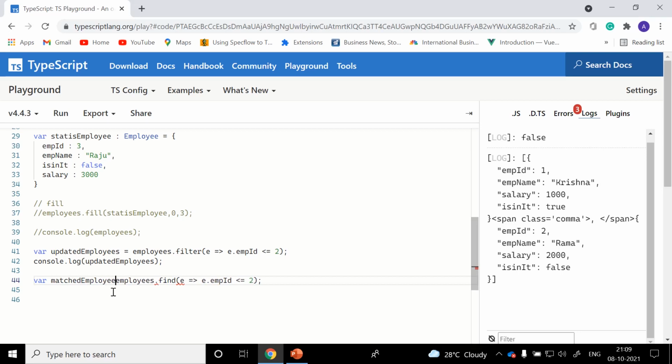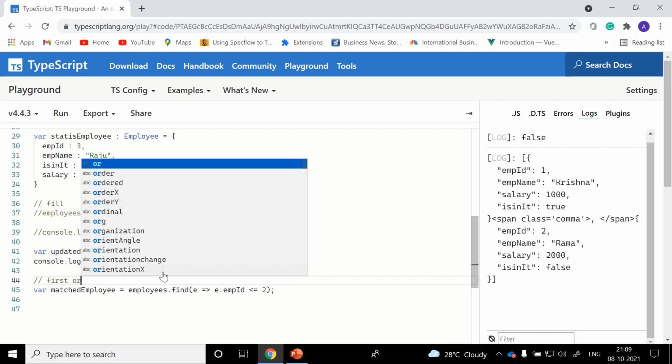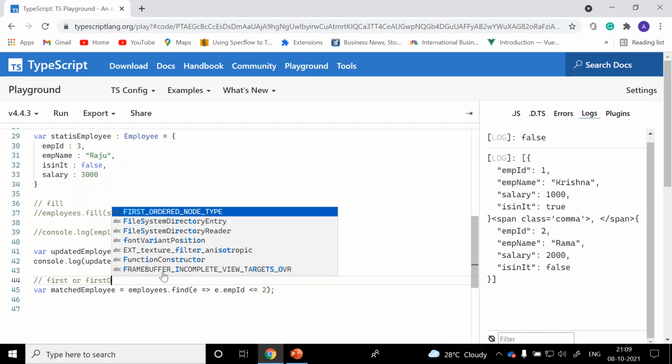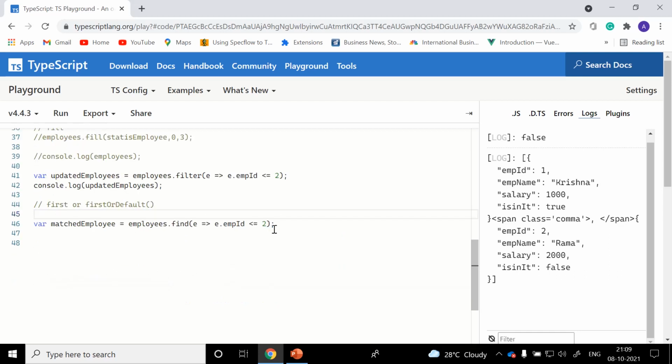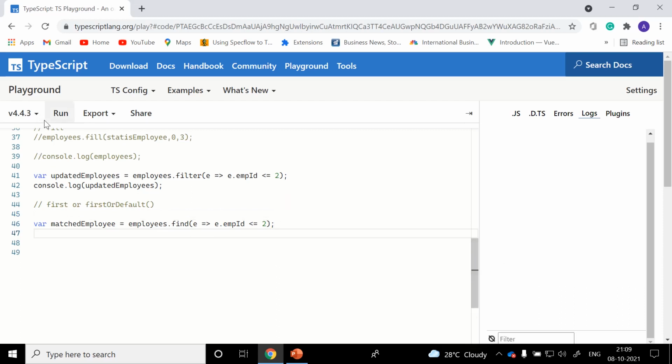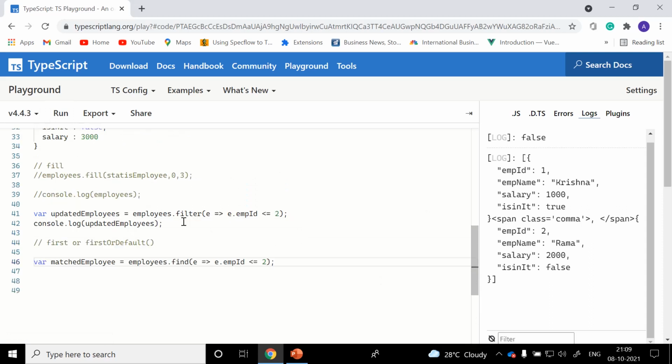The first employee found: find is equal to FirstOrDefault in the C sharp language. For example, let me clear this and run it.